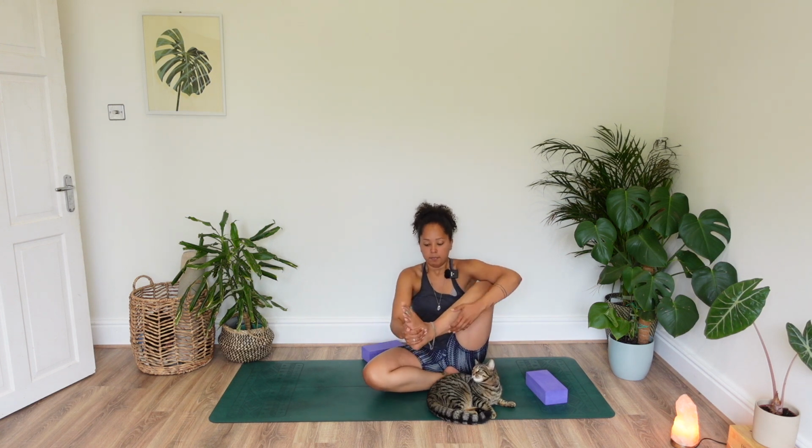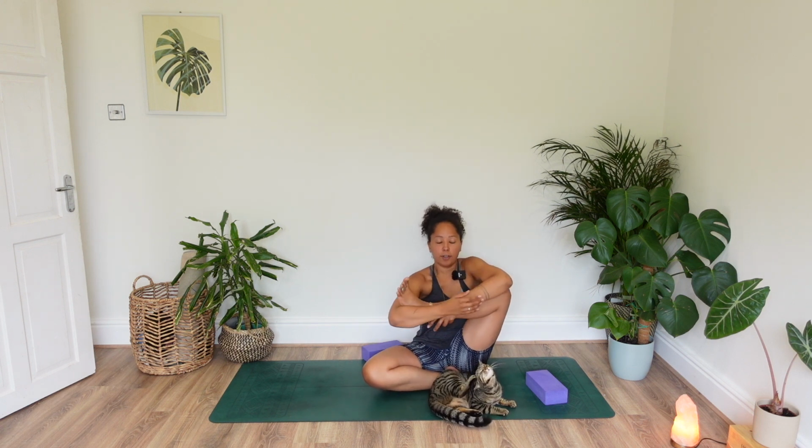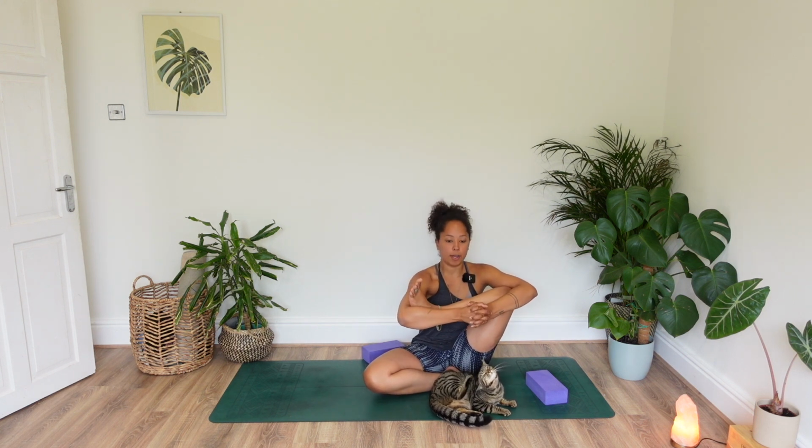Good, and then let's do the other side. So even if you're holding on the foot and this is enough for you and you can really feel it in this area, great. If you've got space to go further, bring the foot into the crook of the elbow. Try and focus on lengthening. If you're here